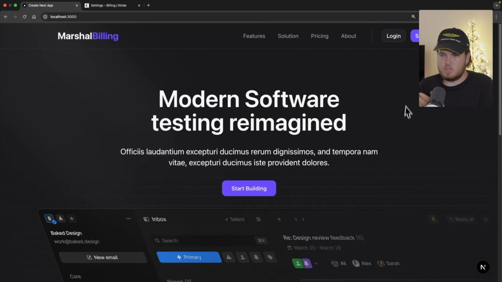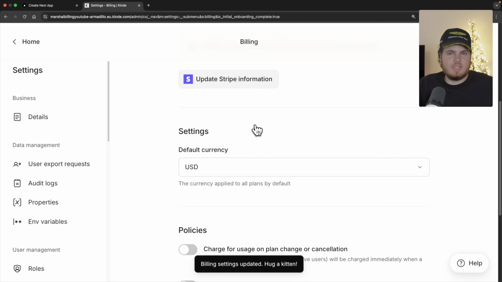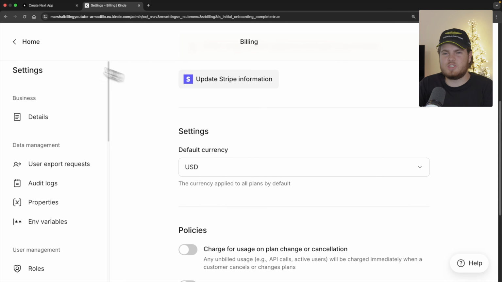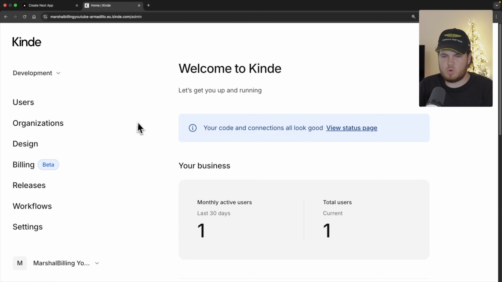This means once a user goes to my landing page and sees, wow, this software looks so cool, let me buy it, he will click on sign up, register, and before getting redirected back to my landing page, the user will see a pricing table. So the core billing details are now finalized, which means I can go back to the dashboard